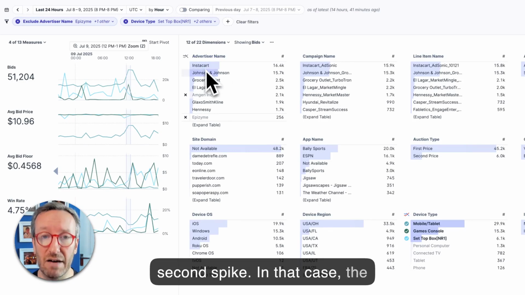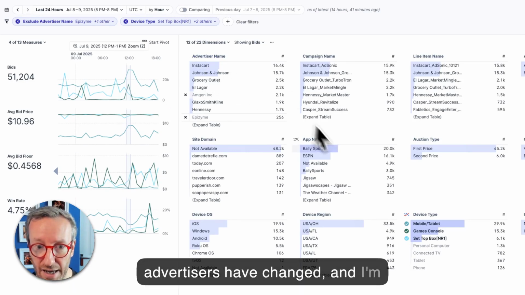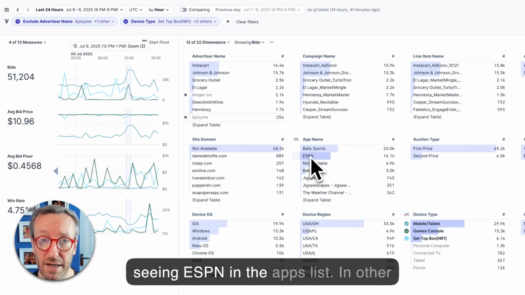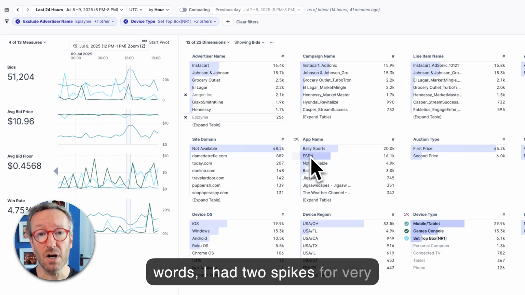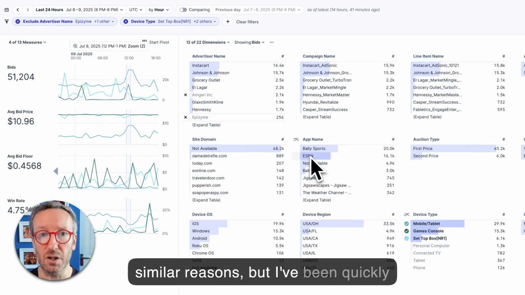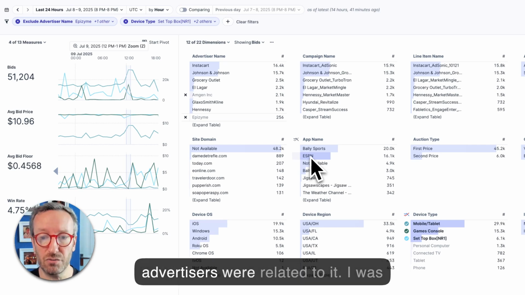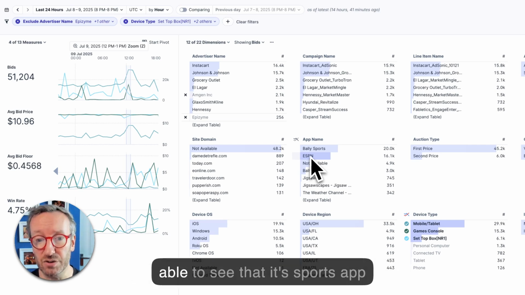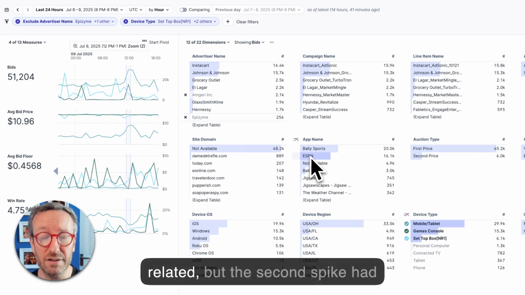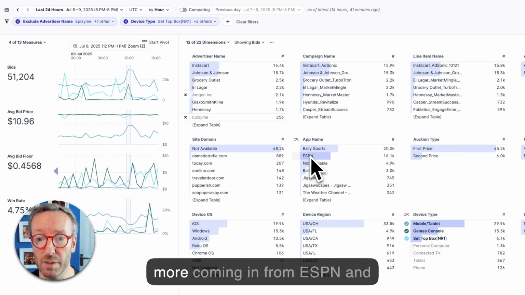And in that case, the advertisers have changed. And I'm seeing ESPN in the apps list. So in other words, I had two spikes for very similar reasons, but I've been quickly able to find out who, in this case, the advertisers were related to it. I was able to see that it was sports app related,